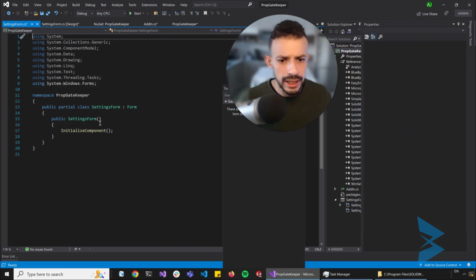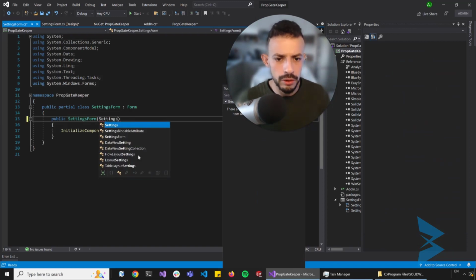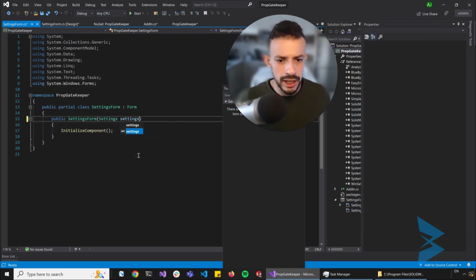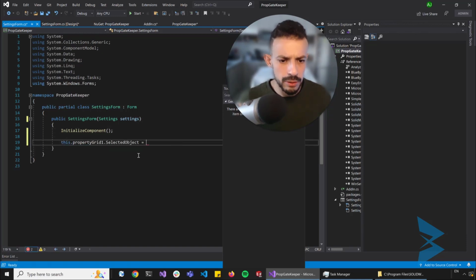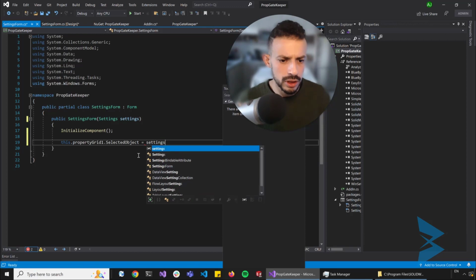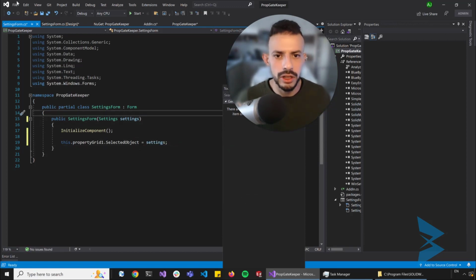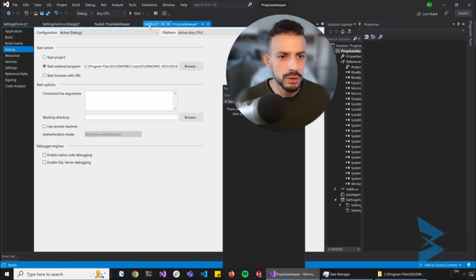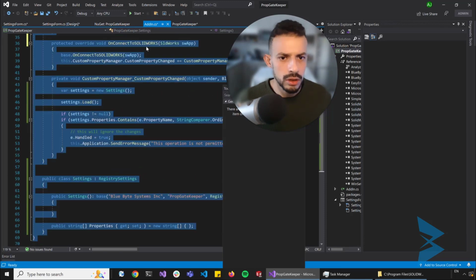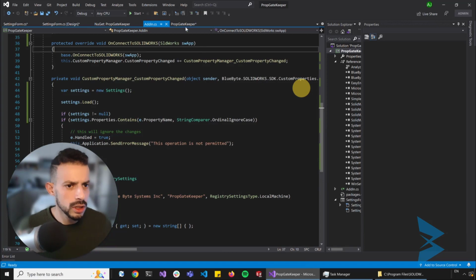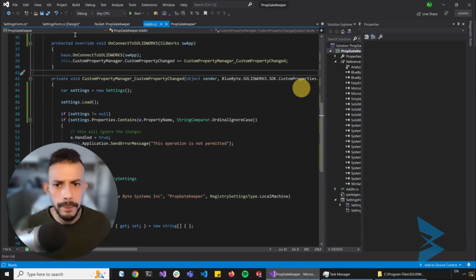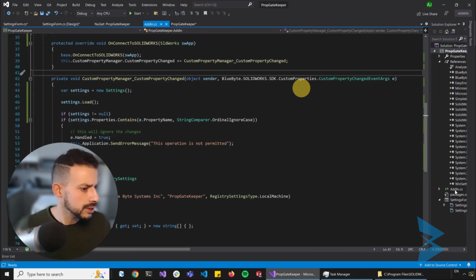Now, in the constructor, we're just going to supply it with a settings object, and then we'll do propertyGrid.SelectedObject that will be equal to settings, and then we'll call it done. So let's go back to addin.cs,